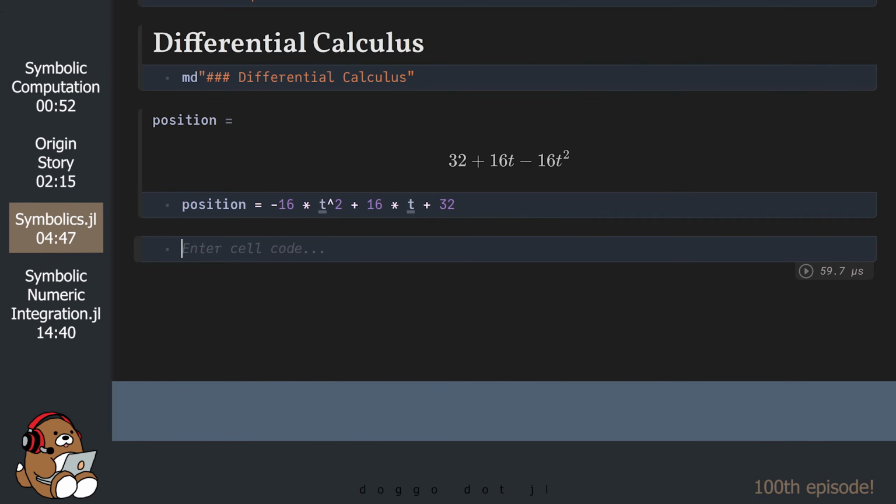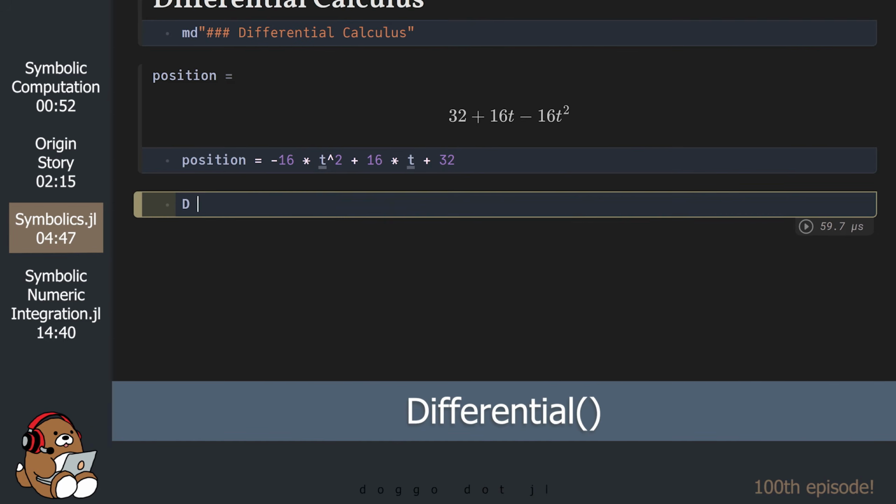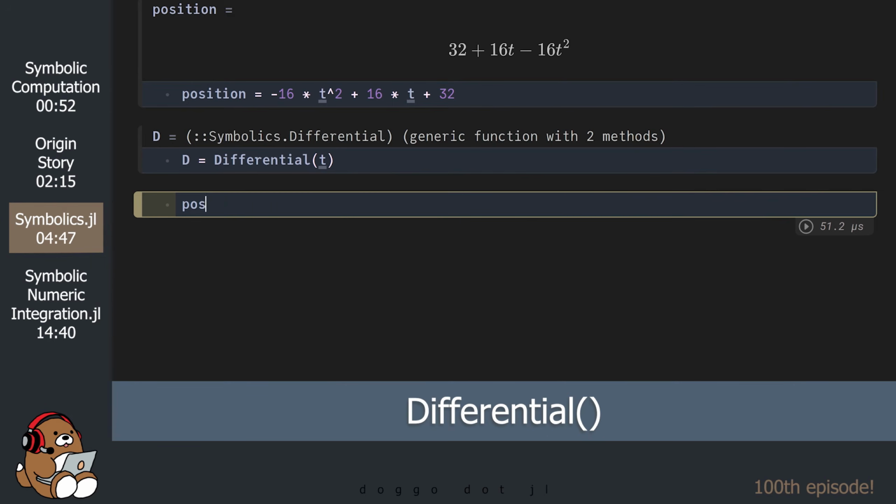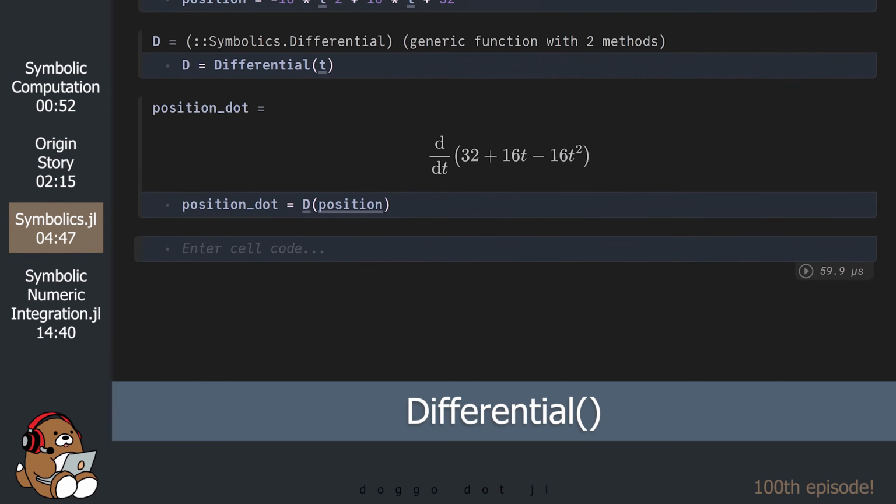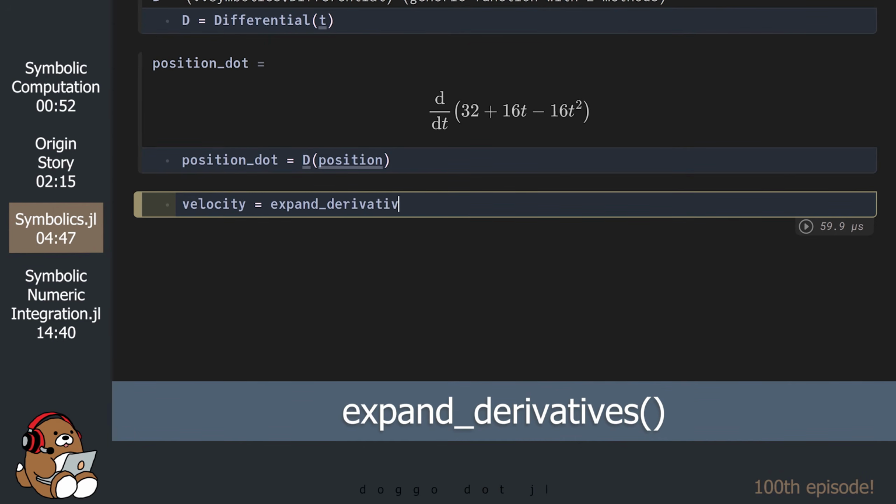You can solve this problem numerically by using Julia packages like ForwardDiff.jl or DifferentialEquations.jl. But with Symbolics.jl, you can solve this problem both symbolically and numerically. Finding the symbolic derivative using the Symbolics.jl package is a two-step process. First, you need to use the Differential constructor to wrap a differential operator around a symbolic expression. Then, you need to use the expand_derivatives function to display the symbolic solution.